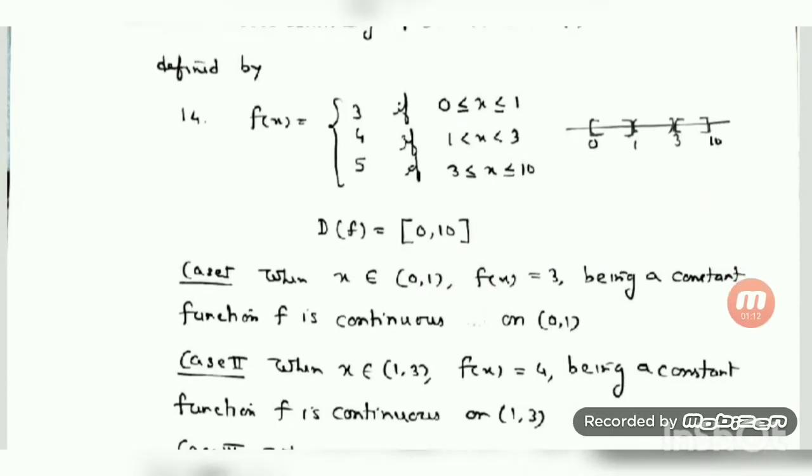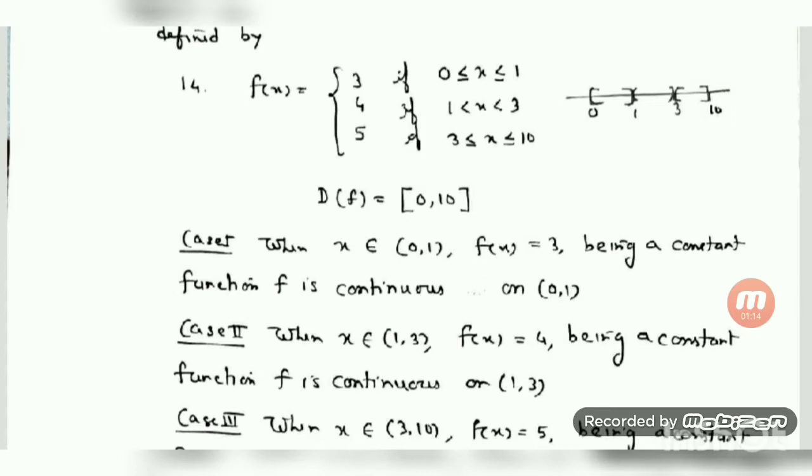So here you see how many different cases you have to divide the question into. How many intervals do you have? 1, 2, 3 intervals and 4 points, 1, 2, 3, 4. That means this question will have 7 cases. So first we will discuss the interval cases. As the first, I am considering the interval 0 to 1.